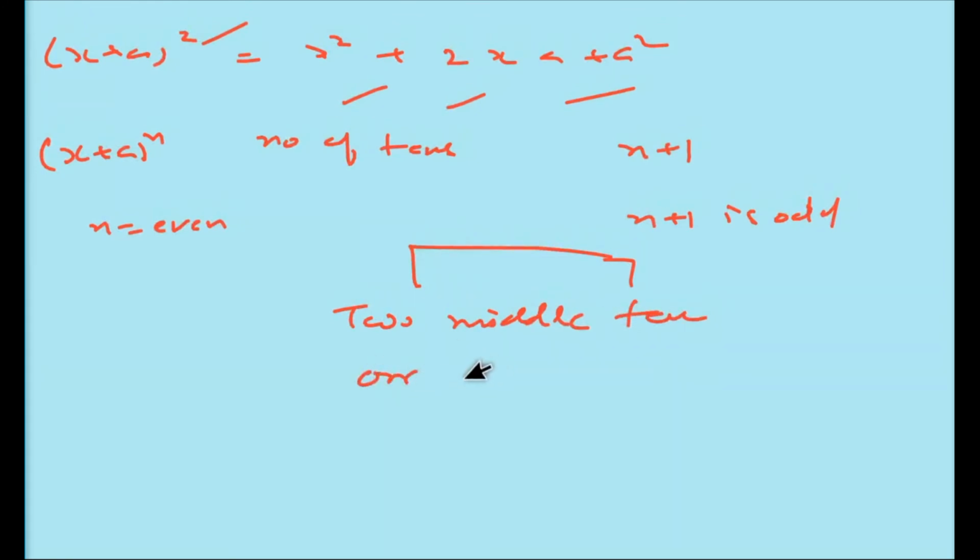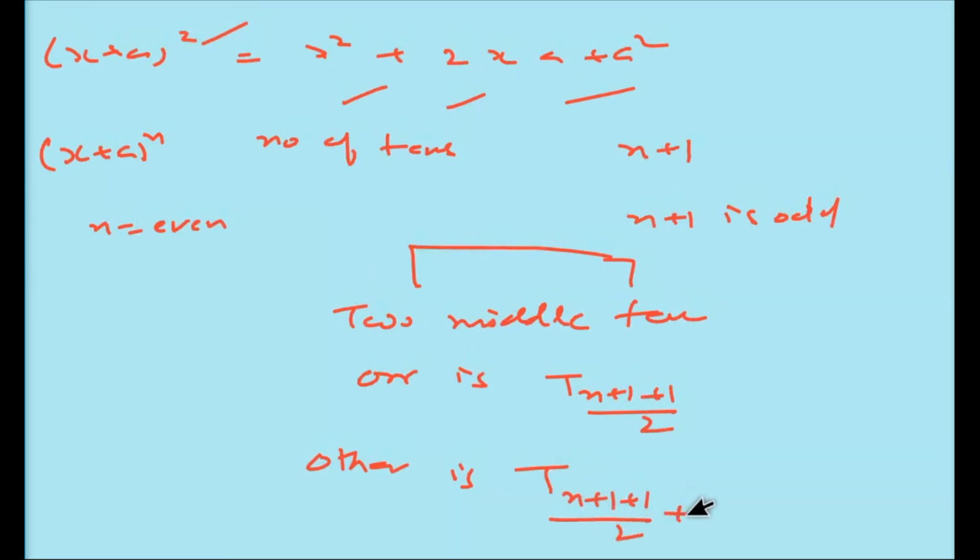One is the (n plus 1)/2 th term, and the other is the next term of this one, the (n plus 1)/2 plus 1 th term. Okay, student. Now what happens if n is odd? Then n plus 1 is